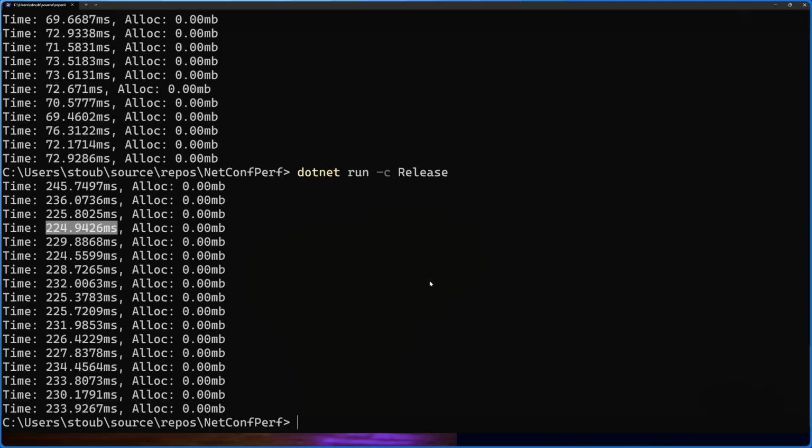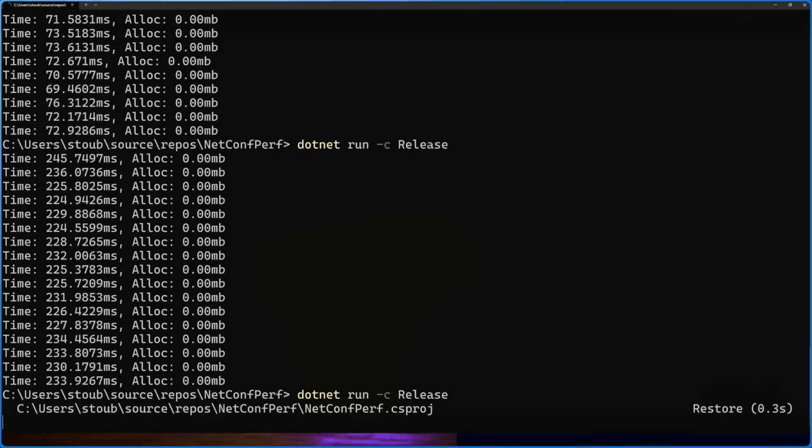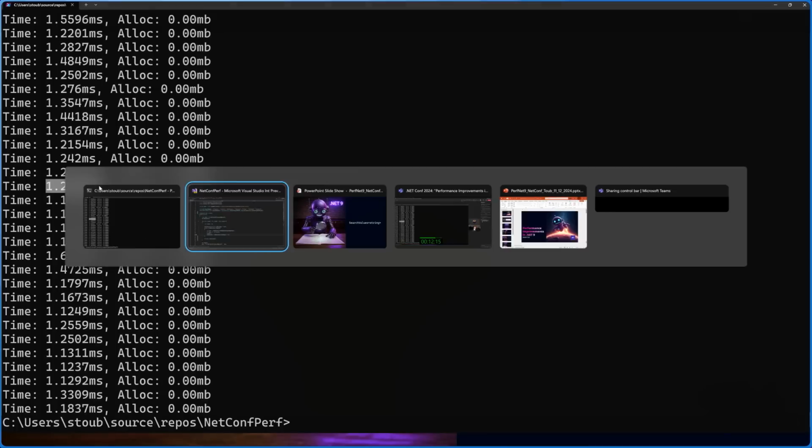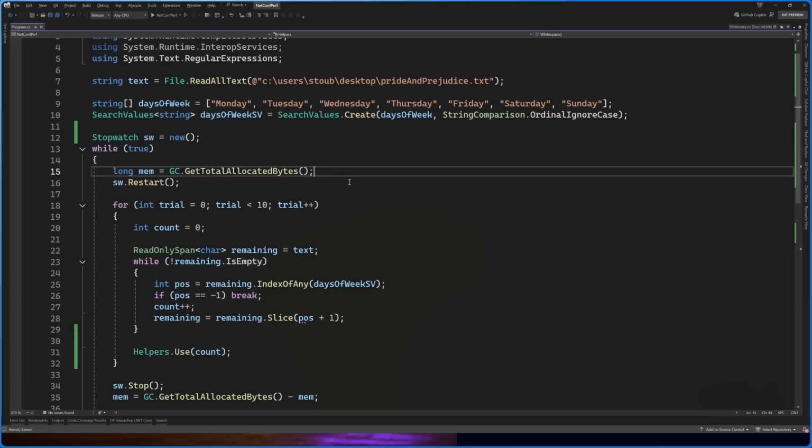Switch back over to my code. It was taking about 230 milliseconds to run. Now when I run it using SearchValues, you can see it's scrolling super fast. We're just taking a little over 1 millisecond. So I don't know what that is, a 200-fold or somewhere close to that improvement in throughput by taking advantage of this functionality. Now you saw that Copilot kept trying to push me to use